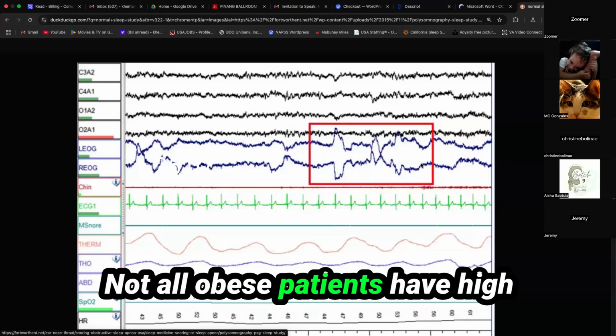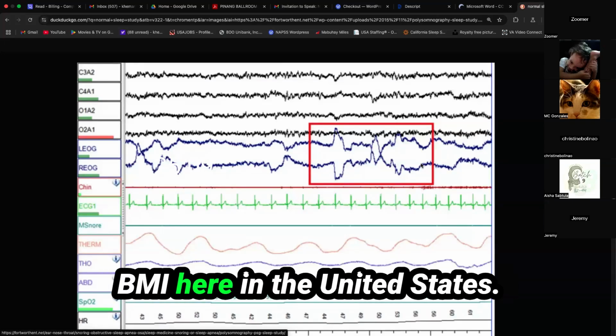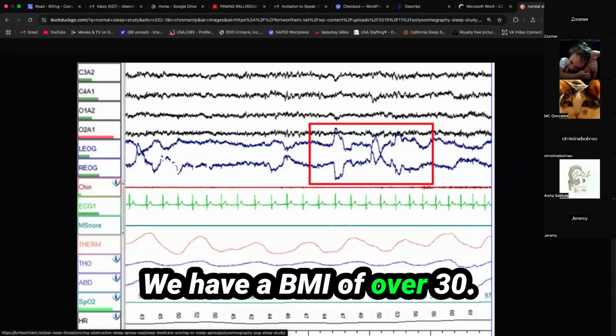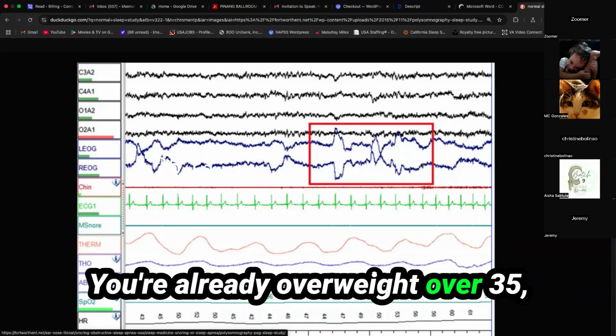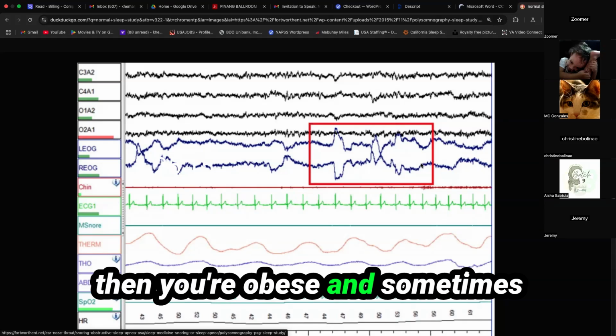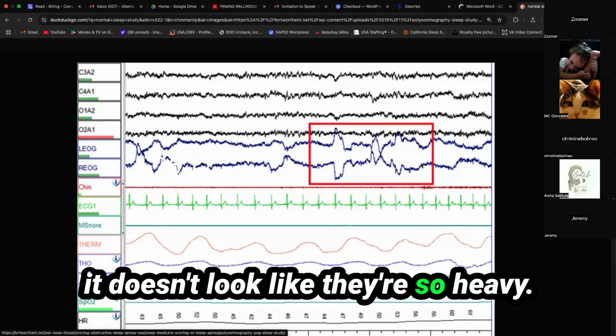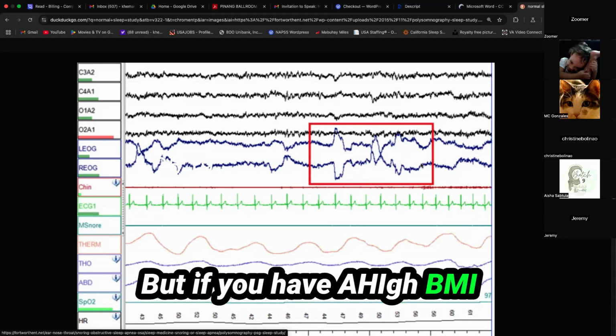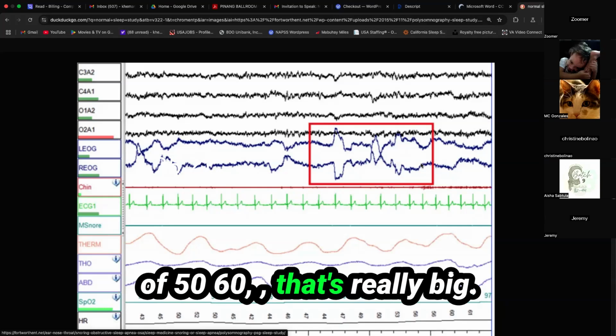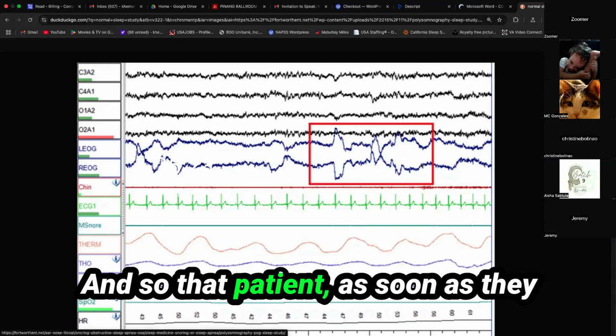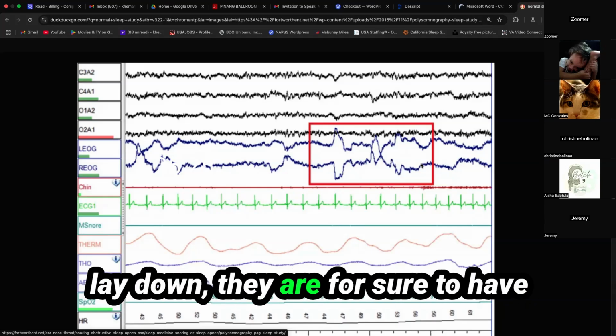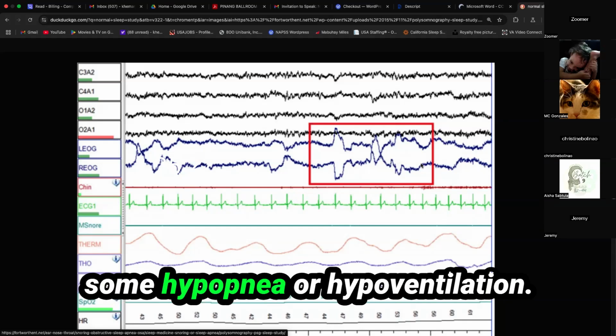Not all obese patients have a high BMI. Here in the United States, with a BMI of over 30 you're already overweight, and over 35 you're obese. And sometimes it doesn't look like they're so heavy. But if you have a high BMI of 50, 60, that's really big. And so that patient, as soon as they lie down, is for sure going to have some hypopnea or desaturation,